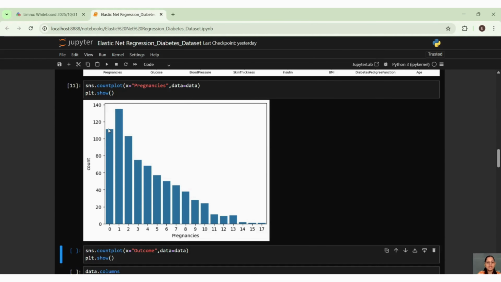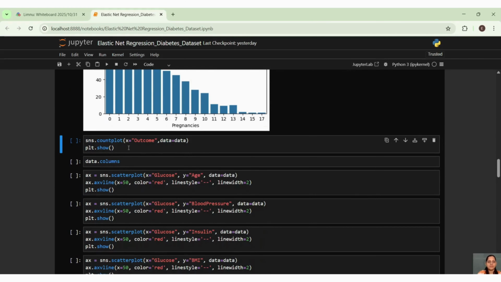Most of the data are there with 0, 1 and 2. Here it says that the people who went through pregnancies are at 0, 1 or 2 levels. That means either once or twice it happened.